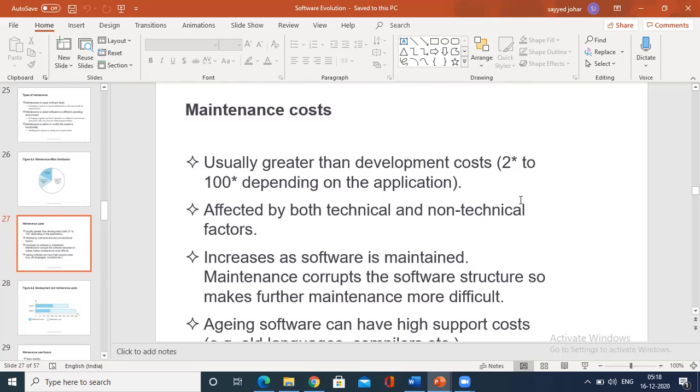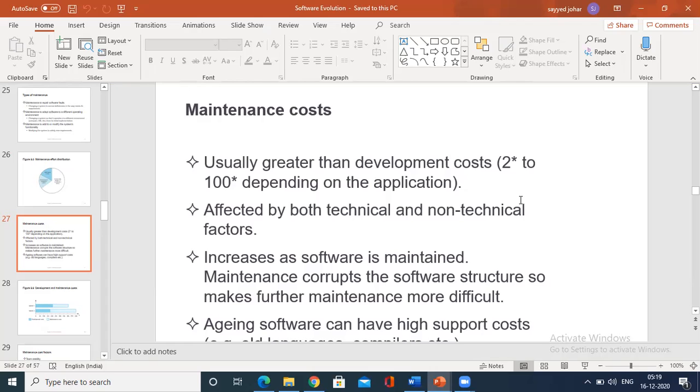In maintenance, we have many topics that we need to study. So let me go through the topics that we have in software maintenance.